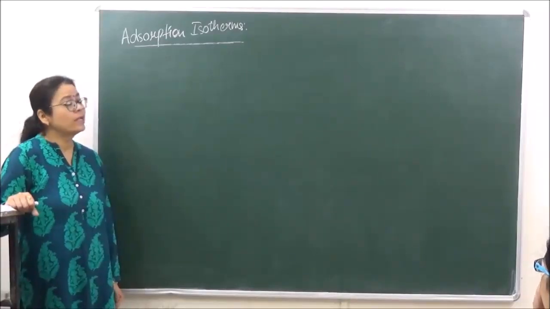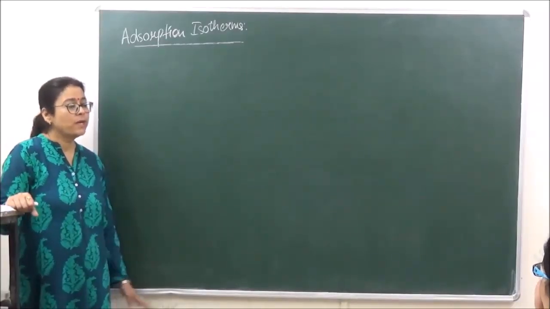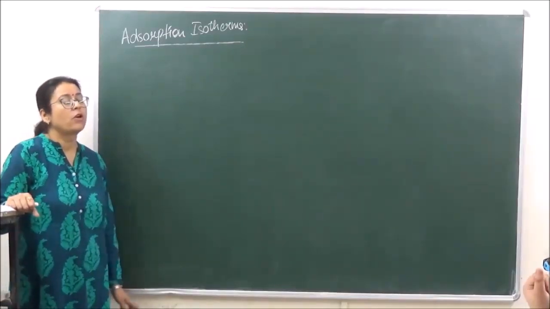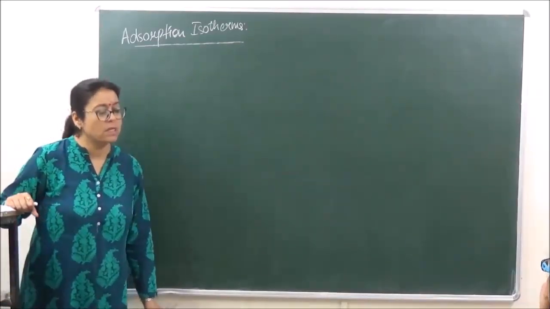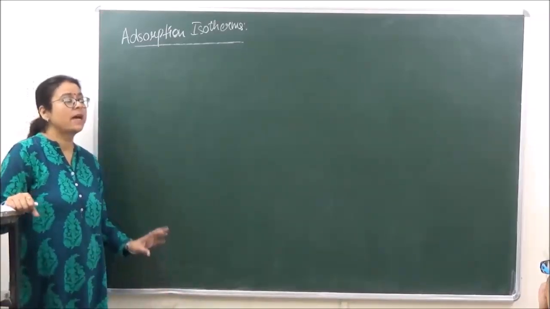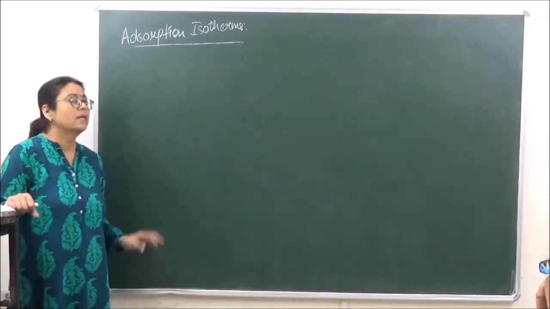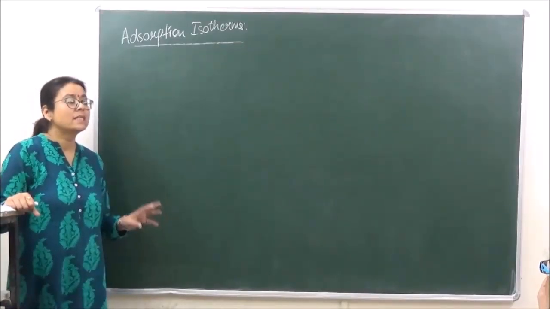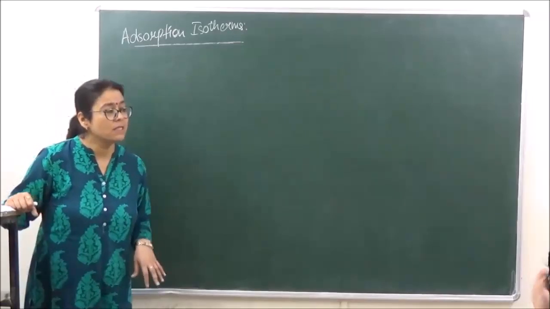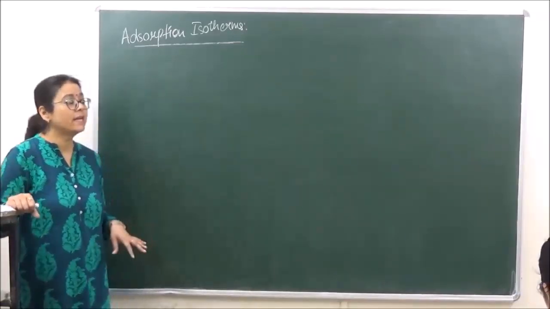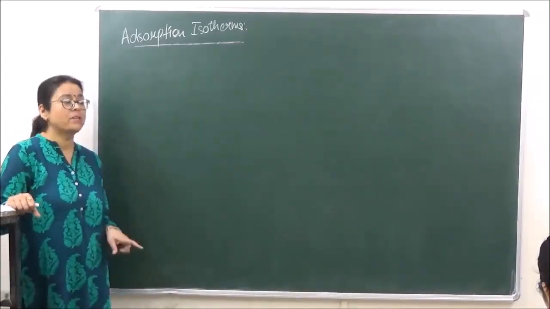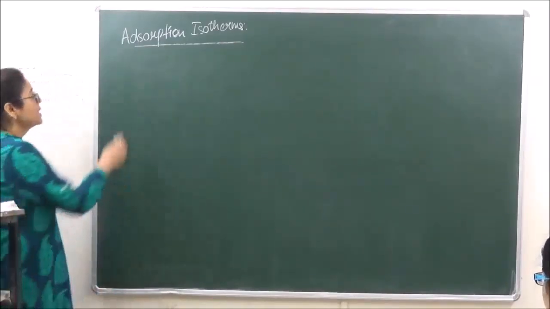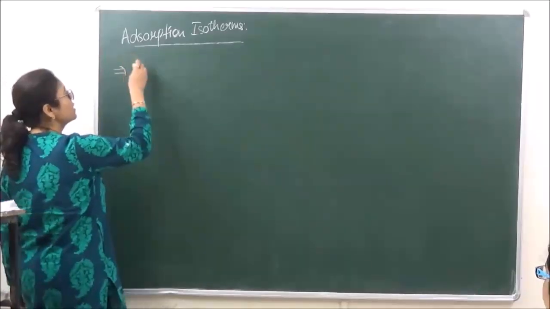Today we are going to do adsorption isotherms. What do we understand by isotherms? Basically, when we are talking of only isotherms, isotherm is the process that's at constant temperature. ठीक है? So यहाँ पे adsorption isotherms का मतलब क्या हुआ? It is a graph which gives us a relation between extent of adsorption and pressure at constant temperature, right? So it is the graph which is giving us a relation